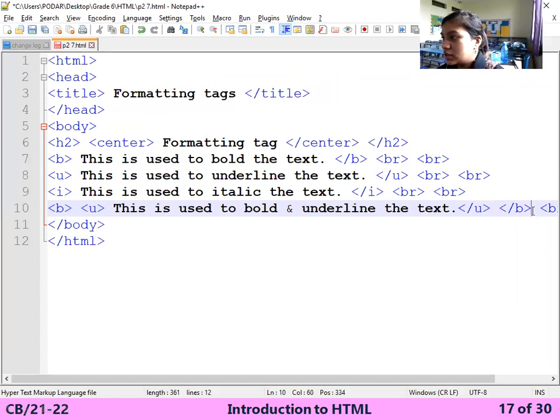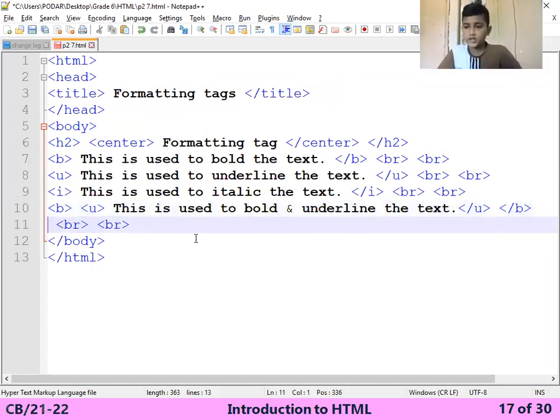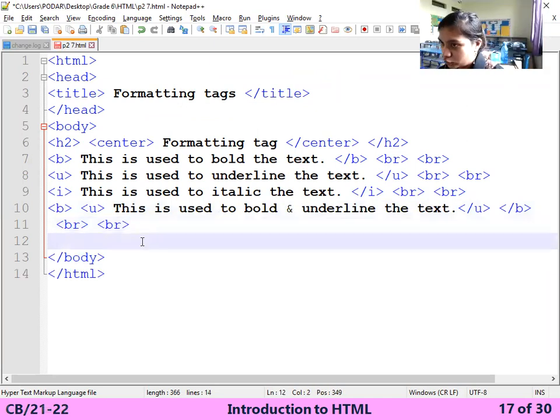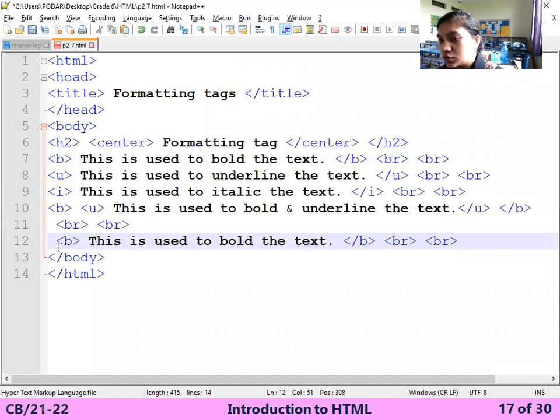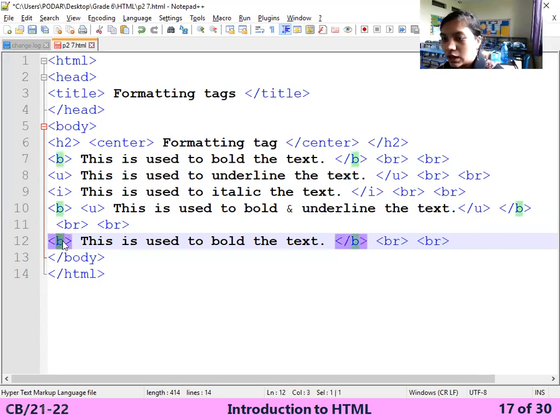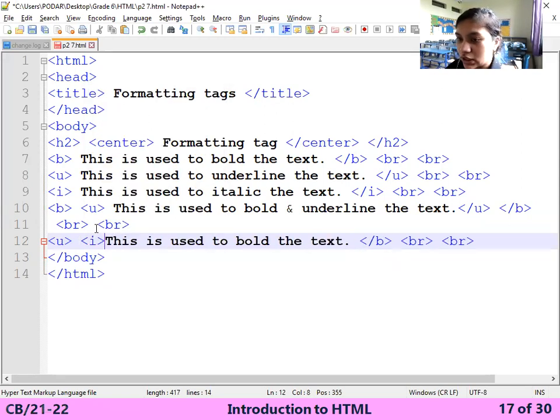Ma'am, can we take bold, underline, and italic? Yes, I'm going to show that practical. Please wait. If you want to take underline and italics together, you can take it like this. Close it here.